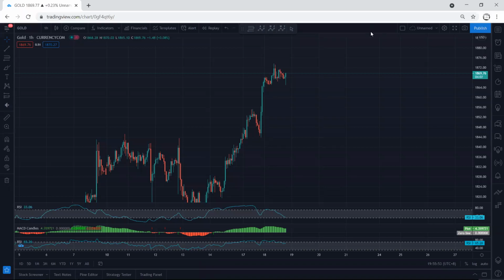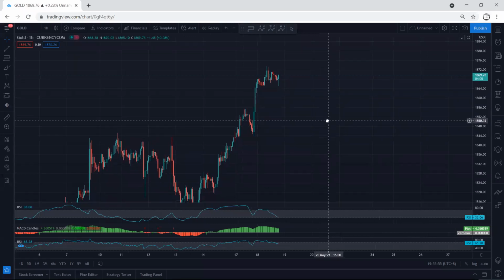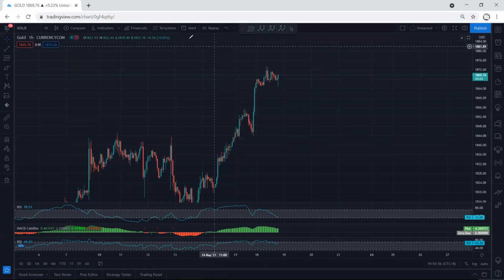Gold, we start with the 1 hour chart. All right, as we can see, based on the 1 hour chart, we see this sharp move correction. And if we put this one relative to the previous one, we have a divergence here, but MACD doesn't show us anything. All right. Now, if we want to look for buy, we want to see how we can look at this. Either this is a flat,